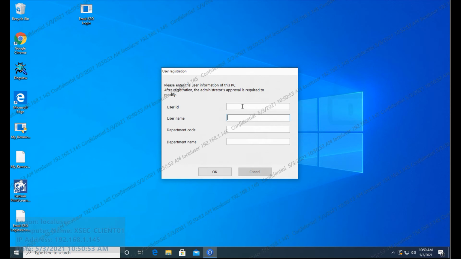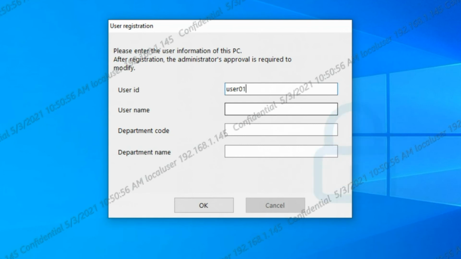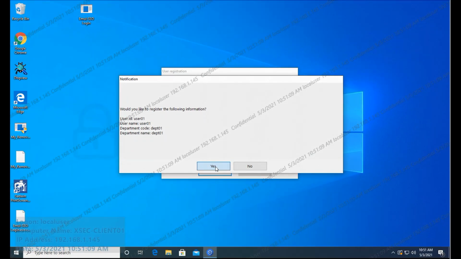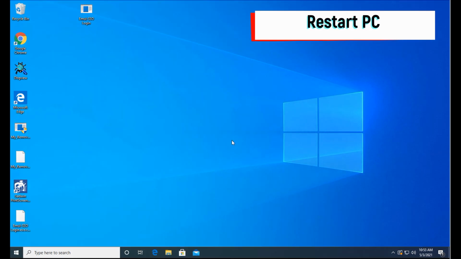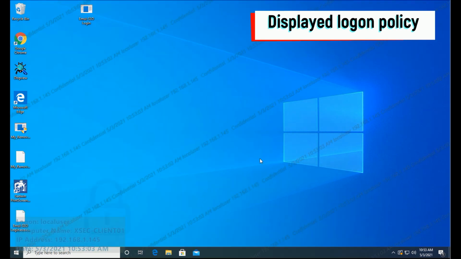When the agent is executed for the first time, a registration window is displayed, prompting the user to enter user ID and department information. Users must enter user ID and department information on this window. The registration process is now complete, and after that, you will log on to the agent with this user information. Try restarting the agent. Now you can see that it starts right away without asking for user information.